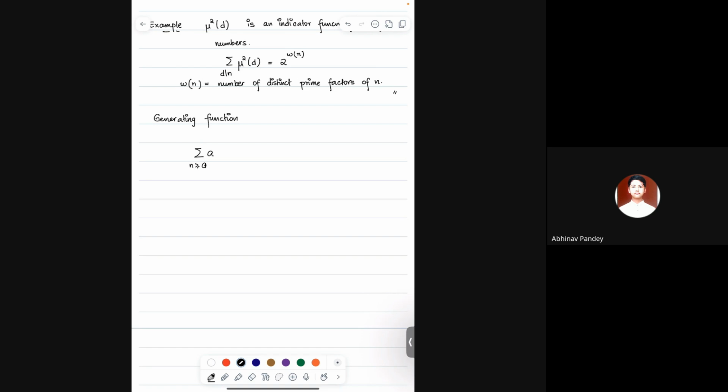This might be disturbing for some people in the audience. As mathematicians, we do it formally. So this is an x to the power n. So this is a series. X is some variable that I don't care about right now. So the series just means a0 x to the power 0, that's just a0 plus a1x plus a2x squared plus a3x cubed, and so on. This is an infinite sum.